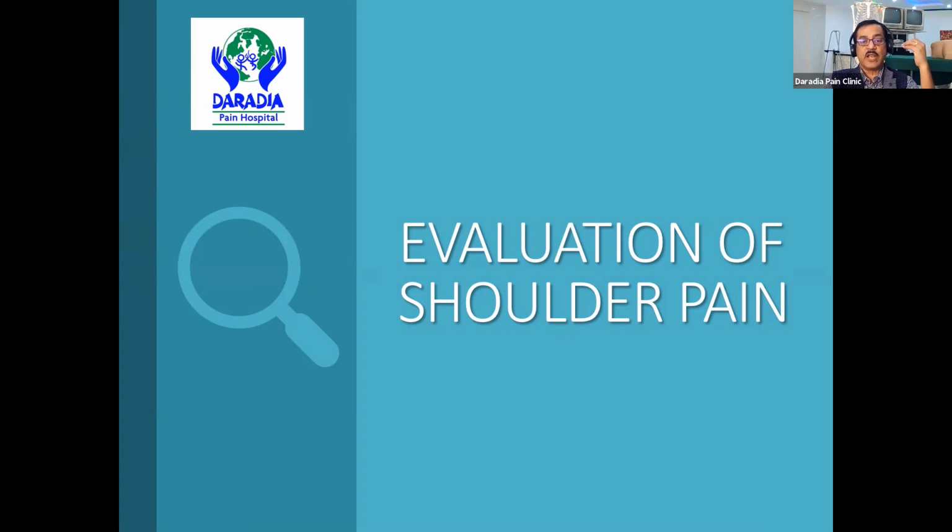In the investigations, we have the laboratory investigations. We have the different kinds of imaging. In the shoulder, ultrasound is very, very important, as well as the MRI. But ultrasound is very important. And remember, without ultrasound, the musculoskeletal pain evaluation is incomplete. All kinds of musculoskeletal pain evaluation must be completed with ultrasound.